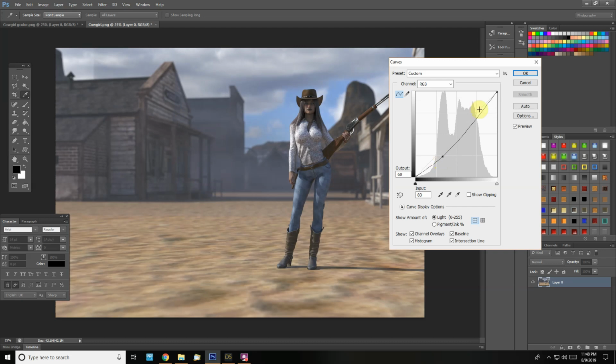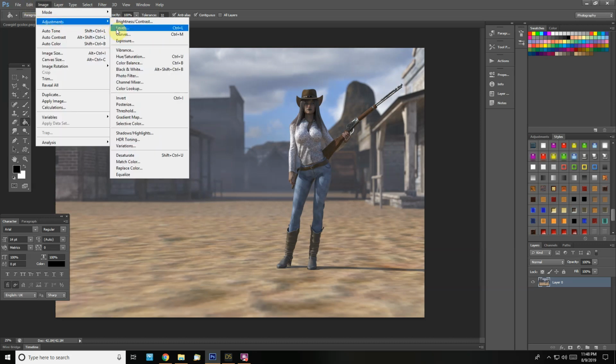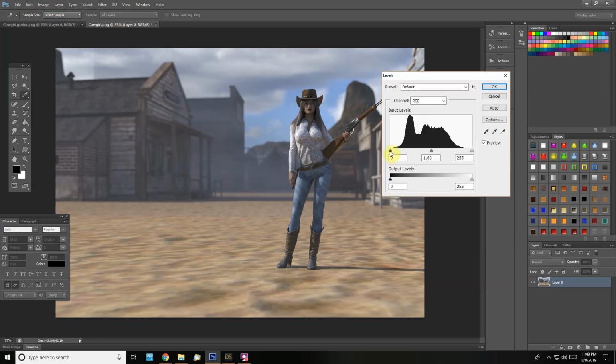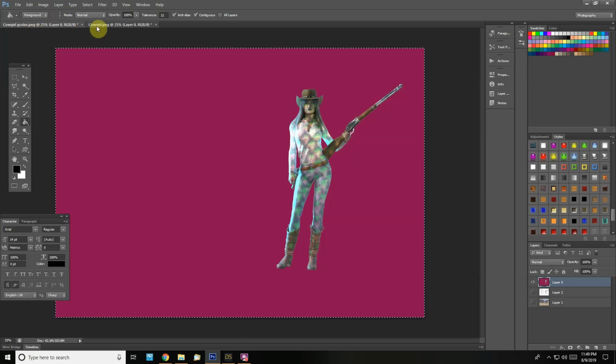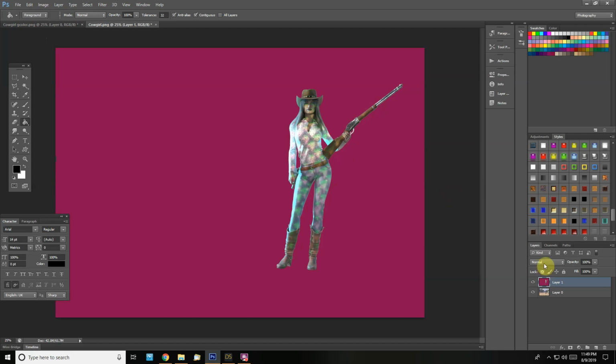Go in here, let's see how the levels look. Bring in the blacks, let's bring in the whites. Alright, so there we go. So let's get our Cowgirl level here. Copy it. Let's put it on top here. Now we're going to change it to